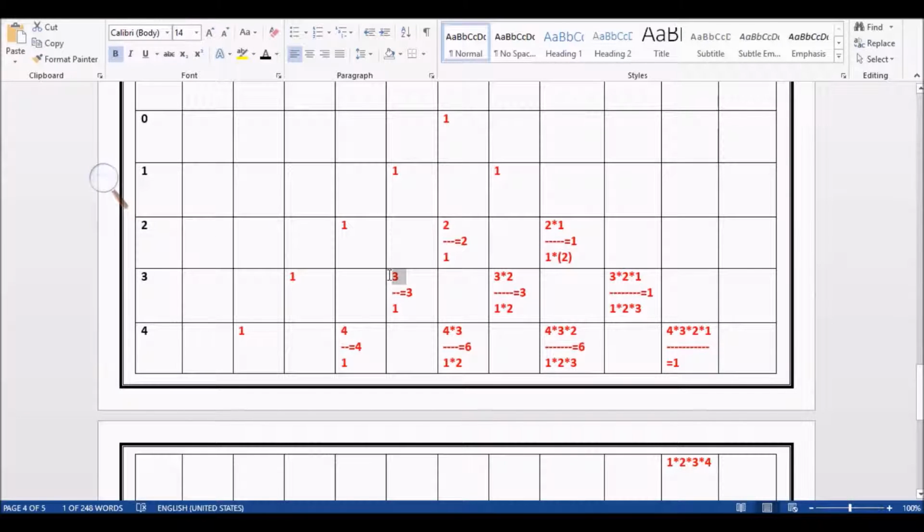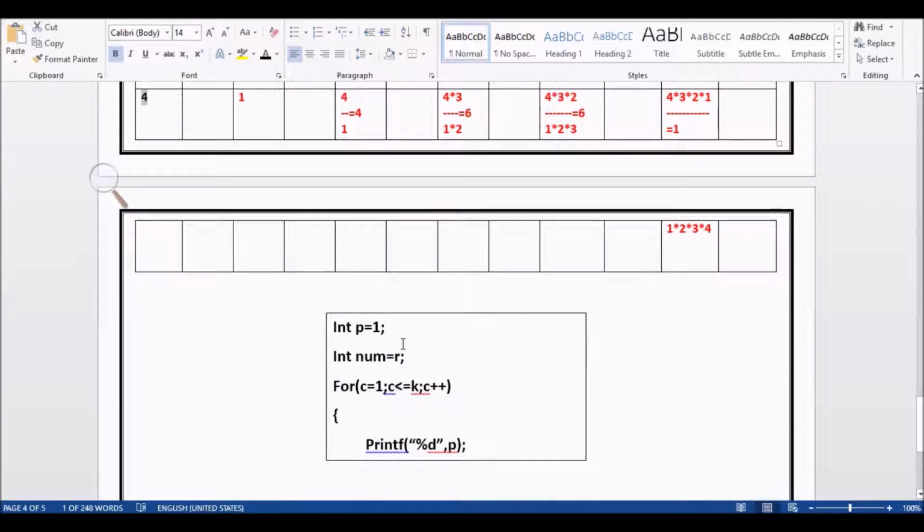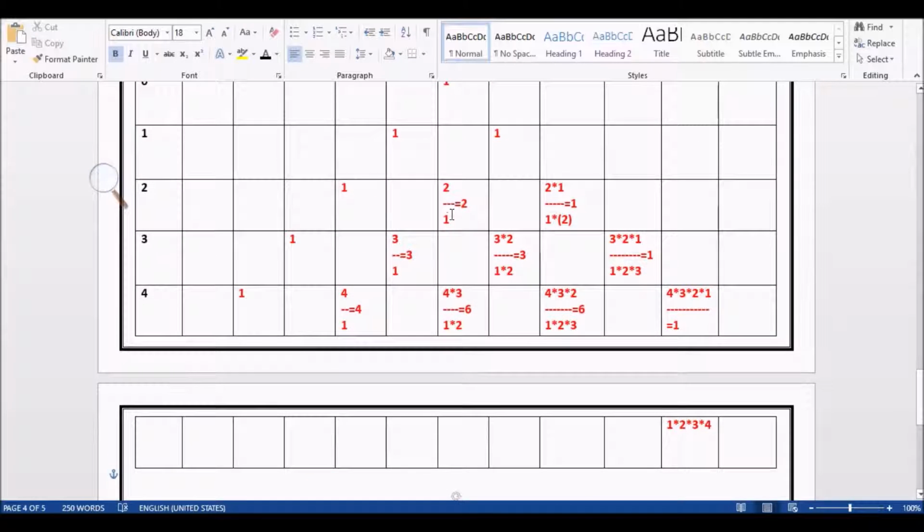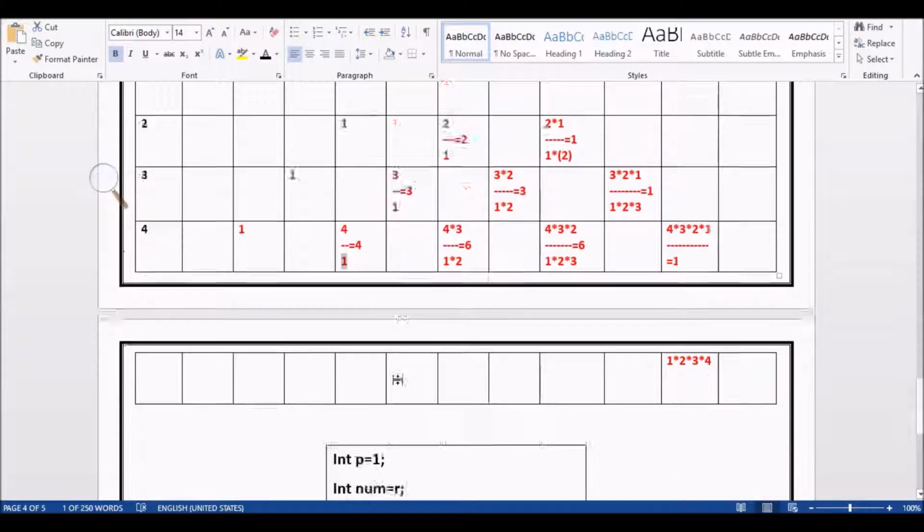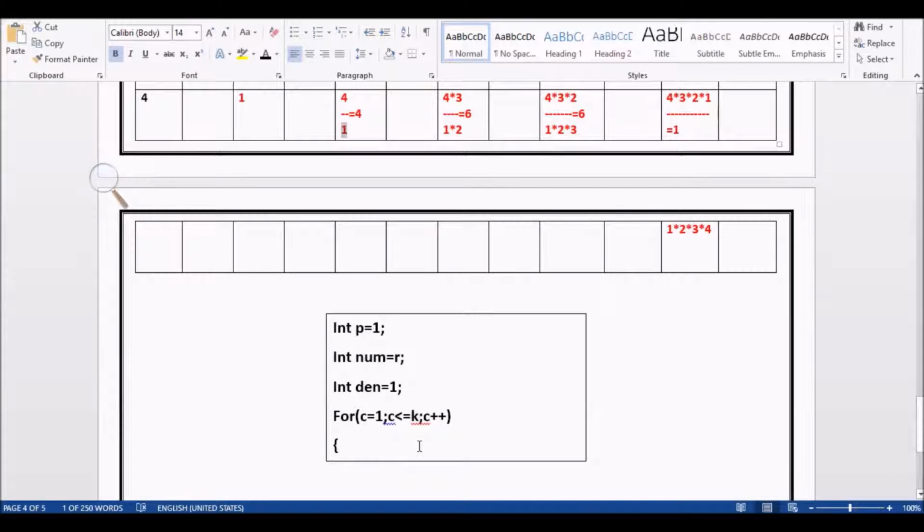Here we are taking 3, that is the value of the row. Here we are taking 4, that is the value of the row. So that's why I am taking numerator is equal to row, and int denominator is equal to 1. Okay, so the starting value is 1, so that's why for each row that will be 1.